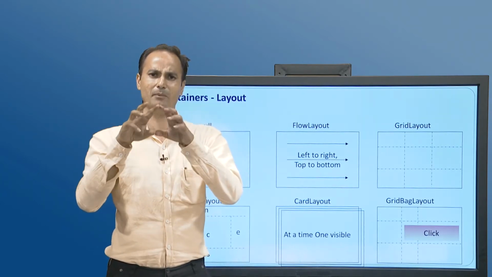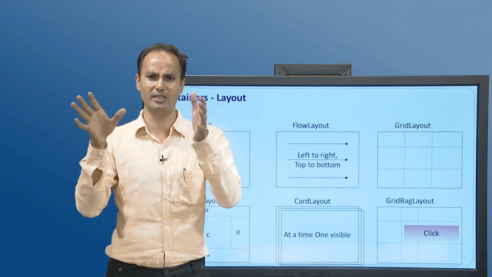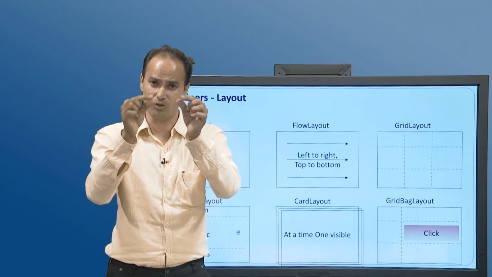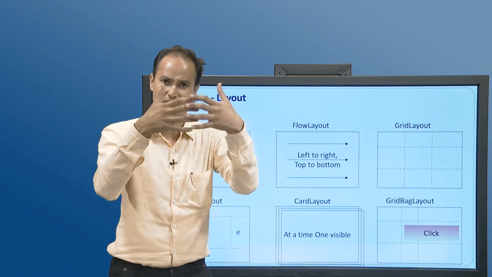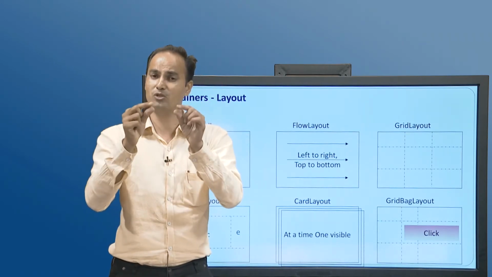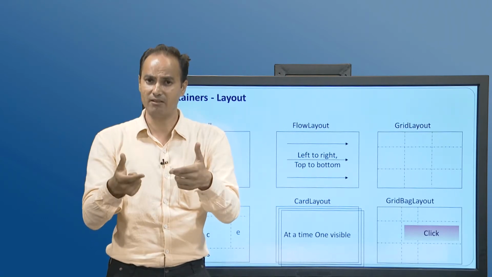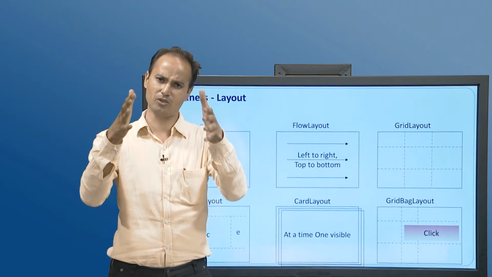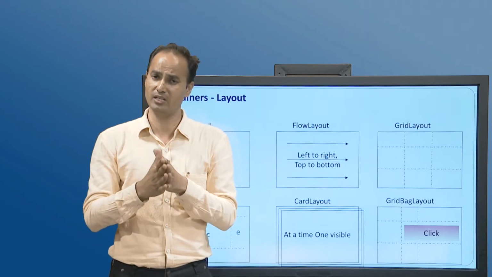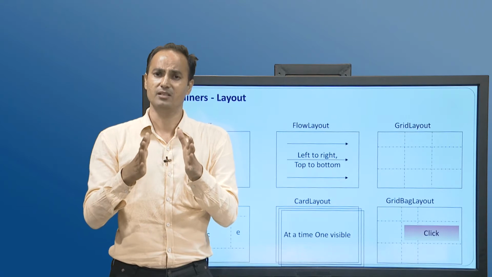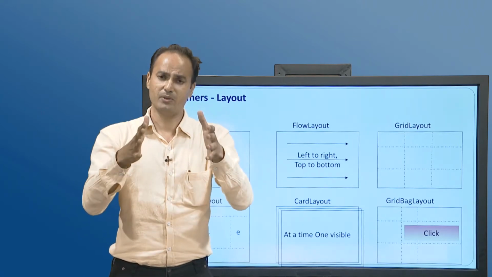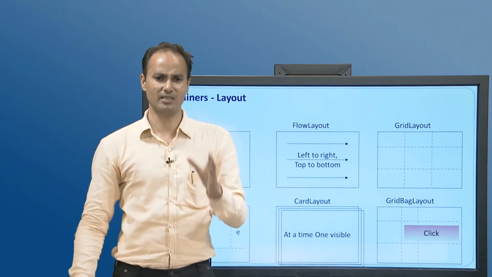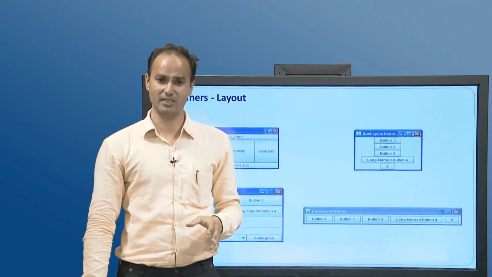Then I will pass the parameters, the x and y coordinates, that say where I want to add that button component on a container, at a particular pixel position. So this setBounds method helps the developer decide where he or she wants to add that particular component on a container. So layout managers help the programmers arrange the components on a container. This is the functionality of container or layout managers.